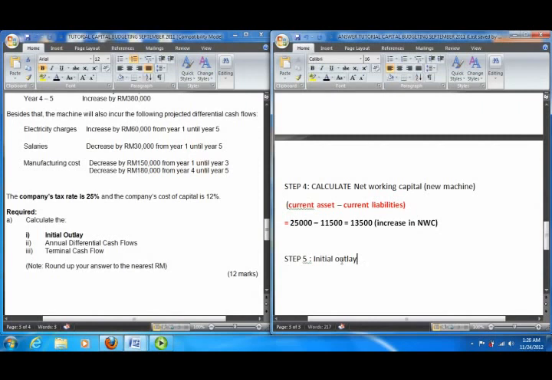The formula for initial outlay, class. The formula for initial outlay is,